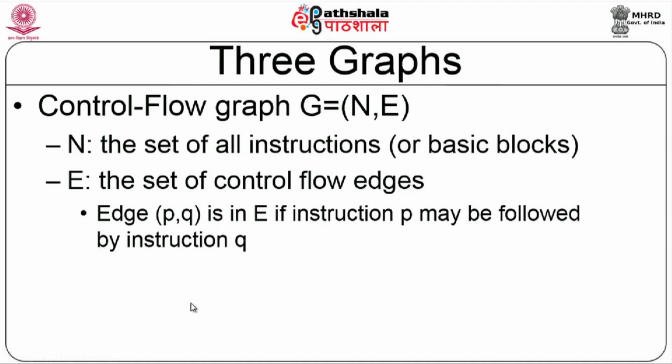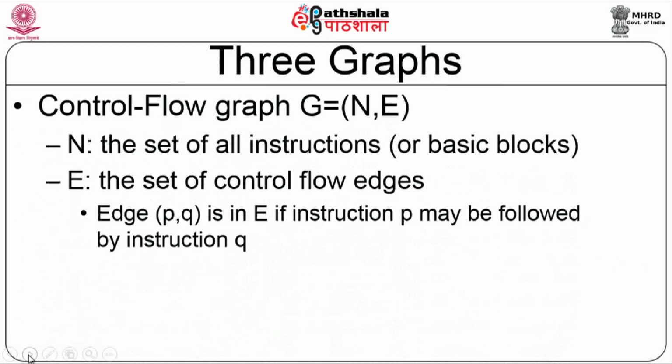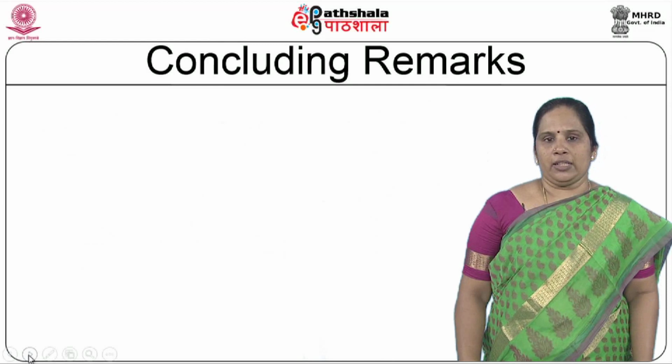The value graph is the next one, where we can say what each value corresponds to. That is given by what is called a value graph. Now these graphs are typically used, and the call graph is used for identifying the leaf routine optimization scenario. So I have just given an overview of the optimization techniques in this module as far as procedures are concerned.